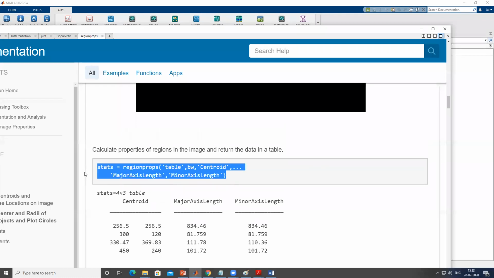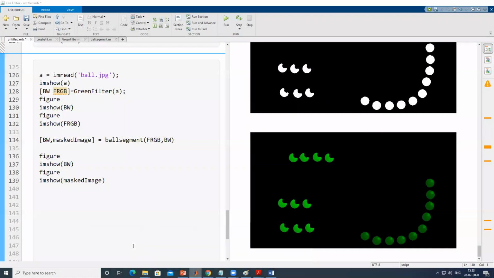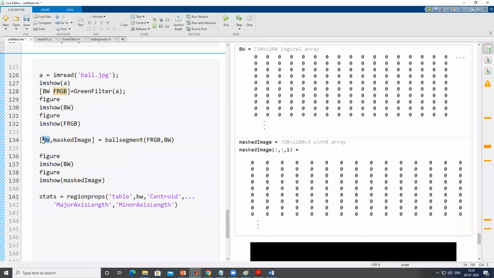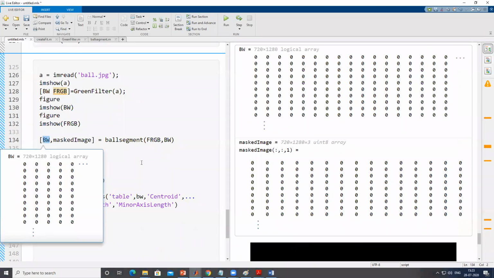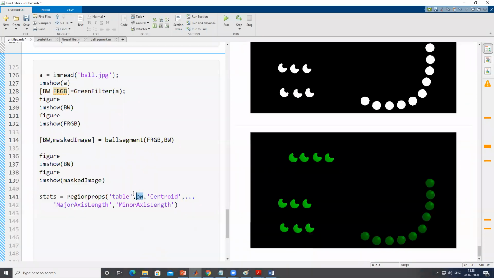So let's say if I copy this piece of code and paste it here in my code. What changes do I have to make? Instead of small bw, because my output of this segmentation is stored in capital BW, this variable name I have to make the same. Control V. So this change I have to make.